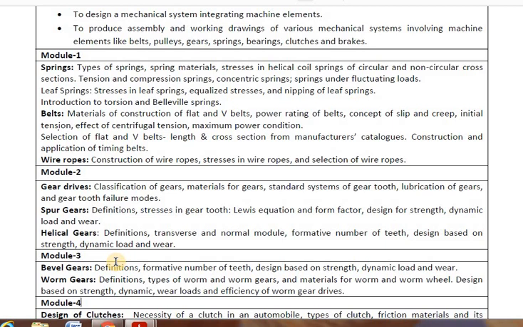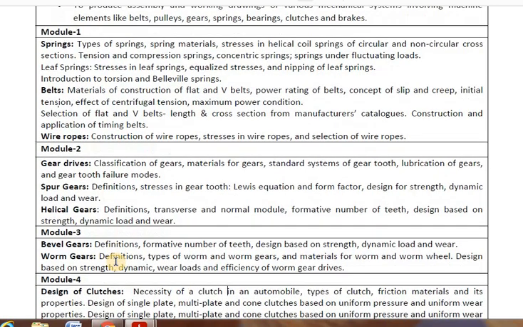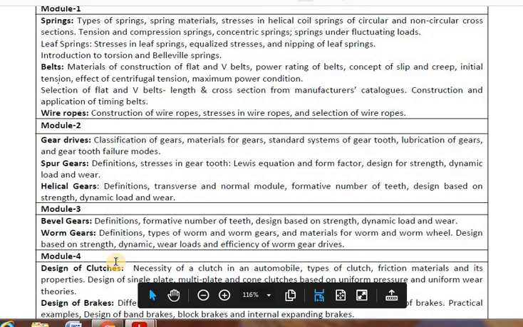You can see on a bus and lorry, on the rear axle at the center, you have a big dome-like structure. This dome contains the rear gears. So many different applications call for different types of gears, and based on that we are going to design the gears. Modules 2 and 3 are very important modules which call for the